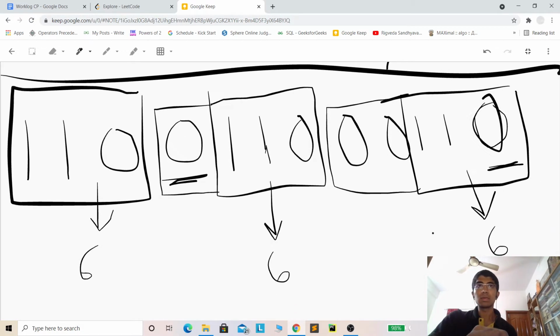So that's observation number 2. If they have to have the same value, then they have to have the same number of ones. So over here all the subarrays have the same number of ones and the same number of trailing zeros. And the last observation, our last conclusion, is that the ones should be at the same positions as we